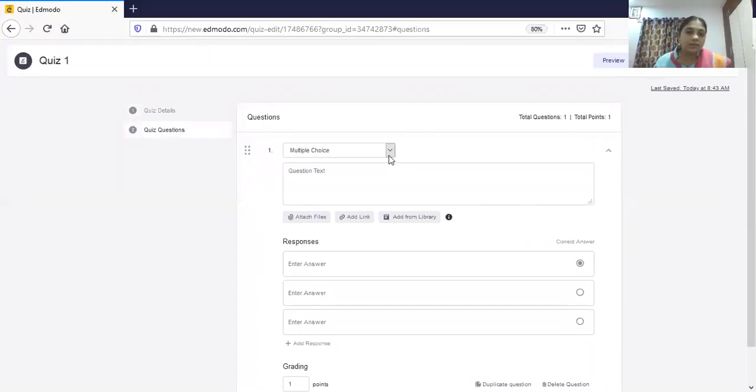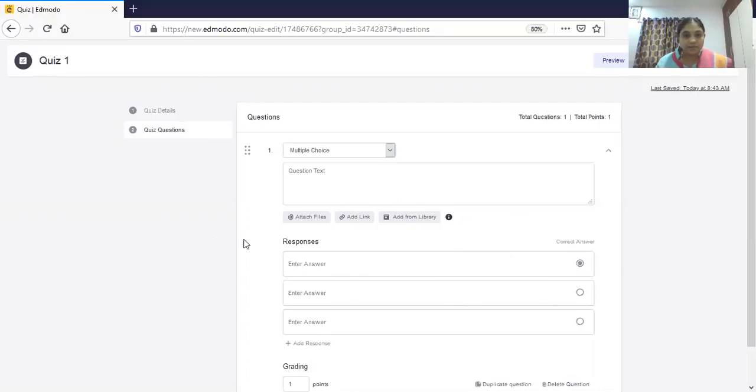Now you can see here there are 5 types of questions, a different variety of questions we can prepare. See, true or false, multiple choice, short answer, fill in the blanks, matching, and multi-correct answers also. So this is the new feature added to Edmodo. We have seen in Google Forms also we can create a quiz, but in that only 2 options will be there, like short answer or multiple choice. True or false, we have to create it there. Fill in the blanks, we cannot give it there. Matching also not there.